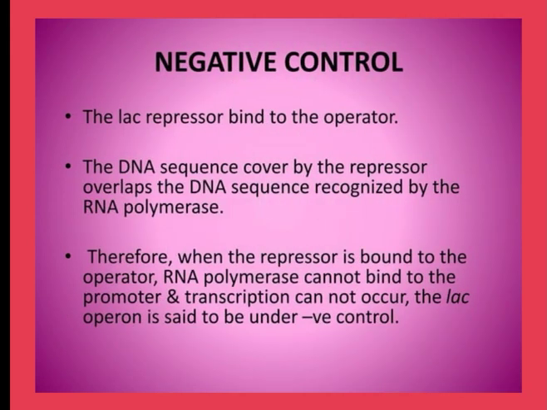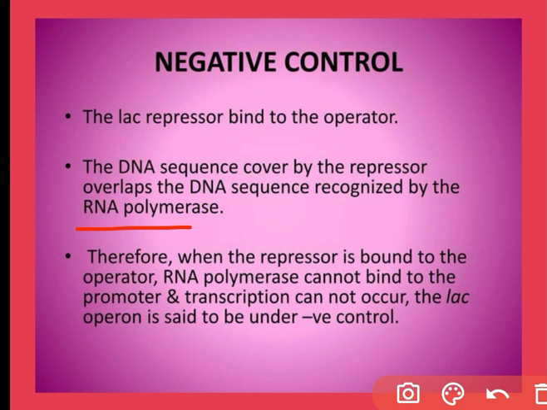Then the operon is under negative control. As said earlier, the lac repressor is coded by the lac I gene. This is a protein coded from the lac I gene, and all the time this gene is transcribed and translated into a protein, the repressor protein, and this protein binds to the operator. Because of this binding of the lac repressor protein, the DNA sequence gets covered and there is no access for binding of RNA polymerase, and no transcription, no translation,